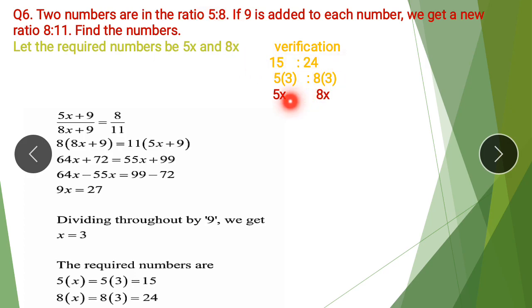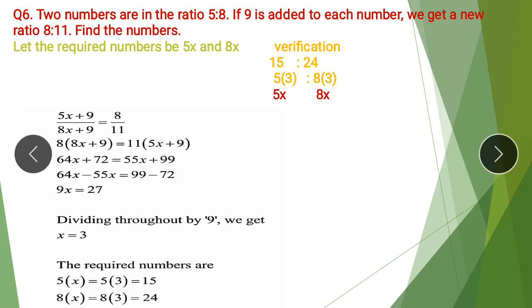So it means if you want to get the numbers back, we have to go again with multiplication, because the inverse of division is what? Multiplication. So if you multiply by 3, you will get 5 3s are 15, 8 3s are 24. So what is missing here? This 3 is missing, means this number is missing. So therefore with 5x and 8x, we are going to find this number, then we will get the original numbers. So therefore let the numbers be 5x and 8x.